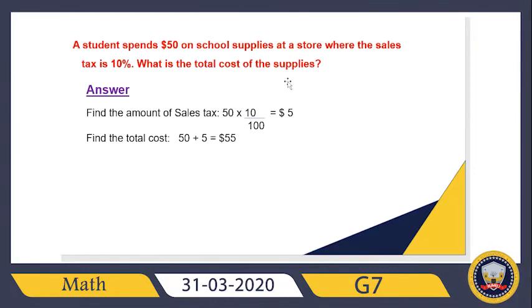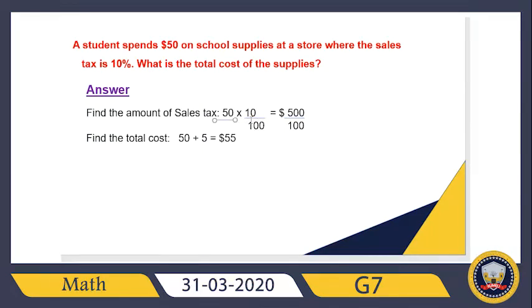يعني ال 50 ليرة دول you're gonna multiply them by 10 over 100 اهو. يبقى ال 50 ليرة you're gonna multiply them by 10 over 100. كأني بقول ايه 50 times 10، مش احنا you remember how to multiply fraction؟ يعني دي كأنها 50 over 1 times 10 over 100. طيب 50 times 10 ب 500، يعني كأني بقول هنا 500 over 100. صح؟